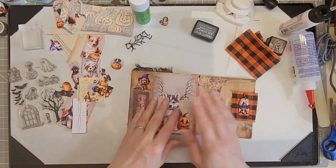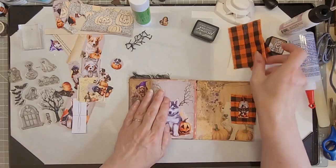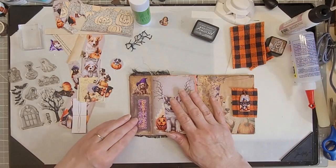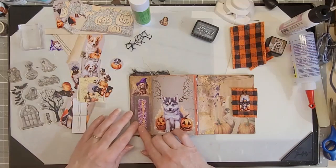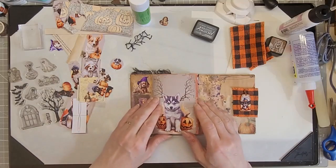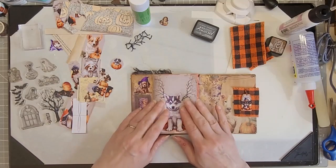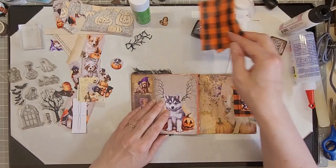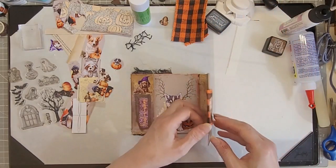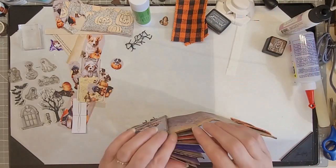and now I've actually got it sewn in, and the signatures are decided, and that's obviously been sitting folded over. Am I going to stick this down then? Is that going to annoy me? I'll decide that later. I need to decide which pages still need stuff, because there still will be some pages that need stuff. I've also got this pocket that I can put things in, and I'm going to